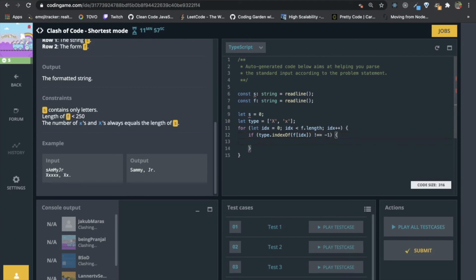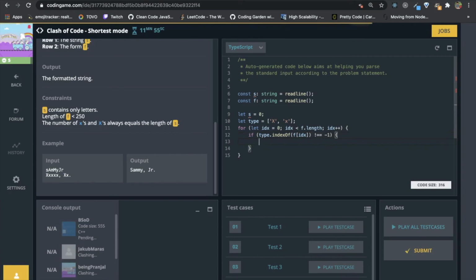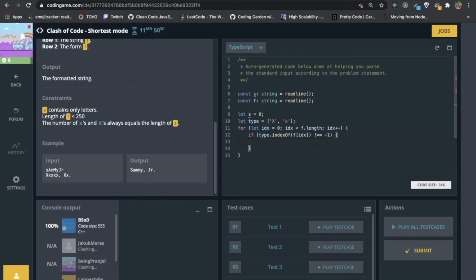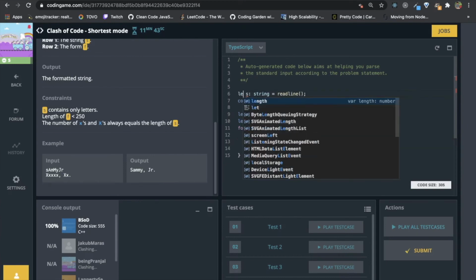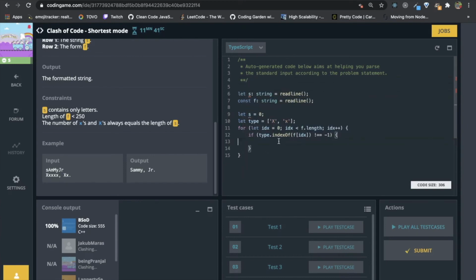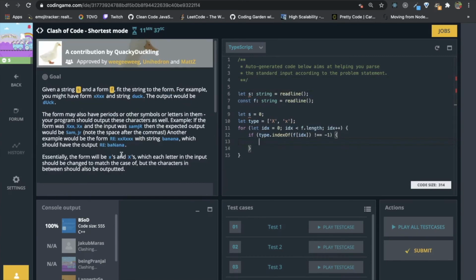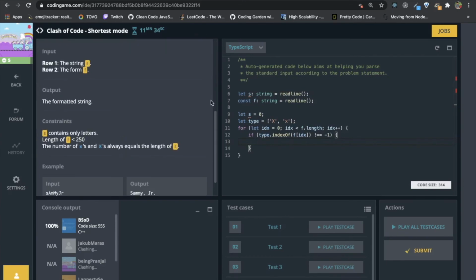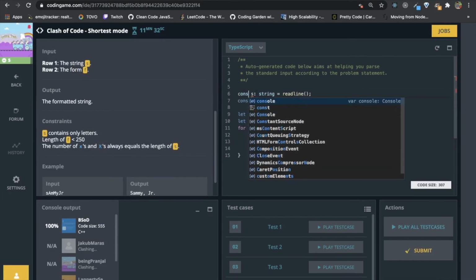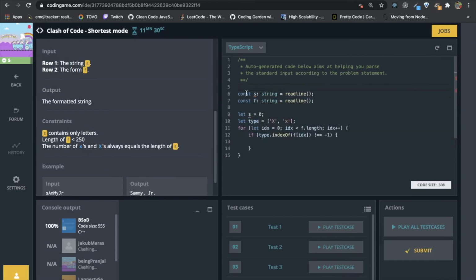So if it exists, what we can do is, we have our s. Okay, so we have our answer here which will output.